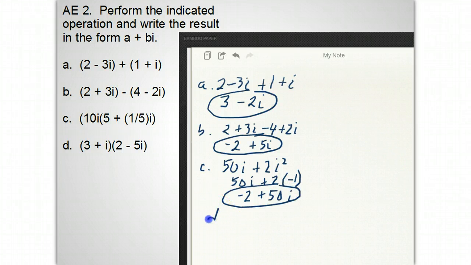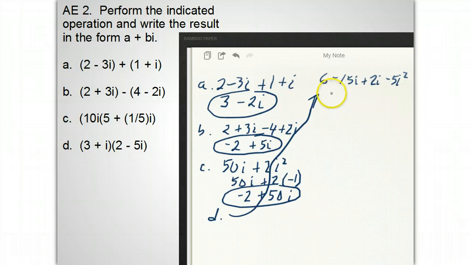And lastly, D. We'll do D right up here, to give ourselves more room. In D, we're multiplying two complex numbers, and it looks like we're going to use FOIL, and that's exactly what we do, because we have to multiply the real part, distribute that, and distribute the imaginary part, each one. So we'll do FOIL, and our first factors give us 6. Our outers would be minus 15i, inners plus 2i, and the last would be negative 5i